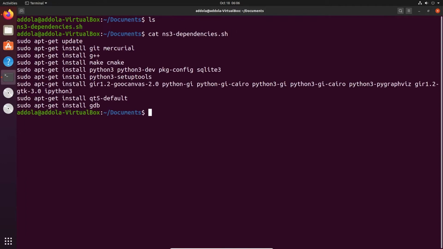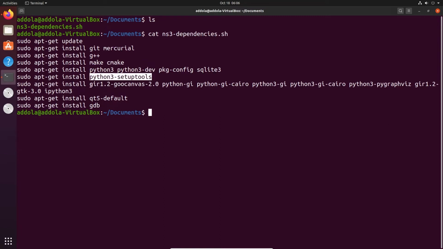However, Git is not installed. And so for this purpose, what you need to do is install all the dependencies required. So I have all the dependencies listed here. So first, let's do sudo apt-get update. We'll install Git. To install the Git tool, it will install G++, which is the C++ compiler, make and cmake for the make tool, basically to make